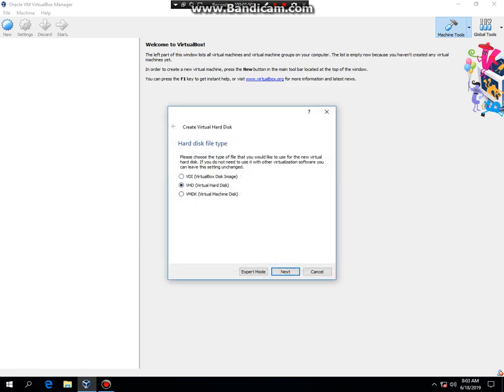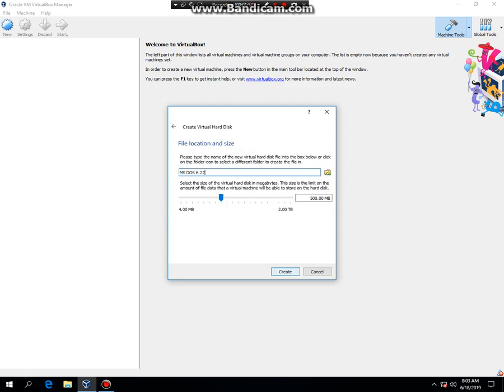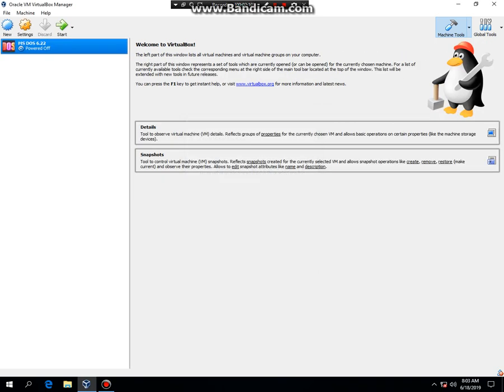I'll do VHD in case I give you guys a hard drive. Next. I'm actually going to change it to at least 50 megabytes, because you don't even need too much space on this. I hit create, then hit settings,